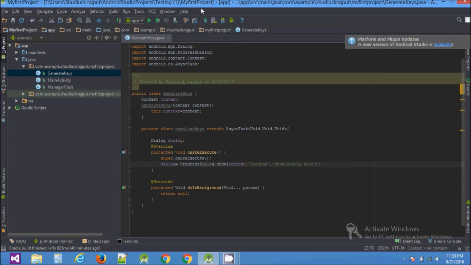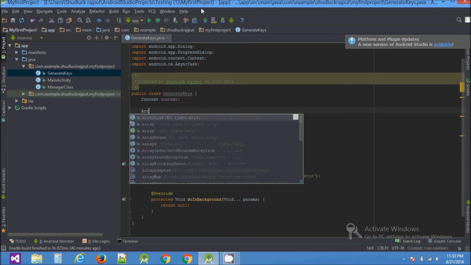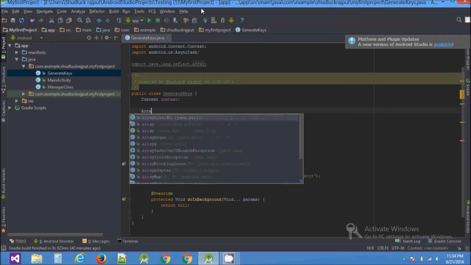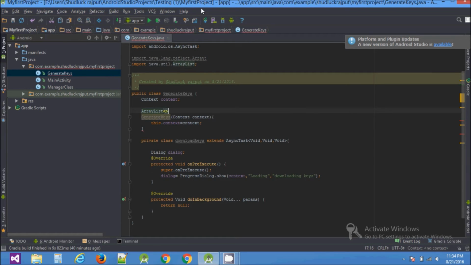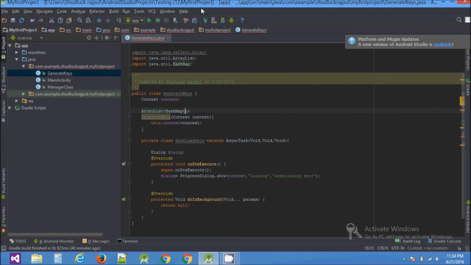After that we will be needing some variables. Let's create them. First of all, we will be needing an ArrayList that will take a HashMap, and inside that we will be passing a String and an Object.